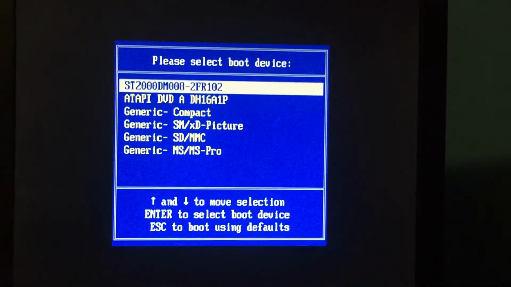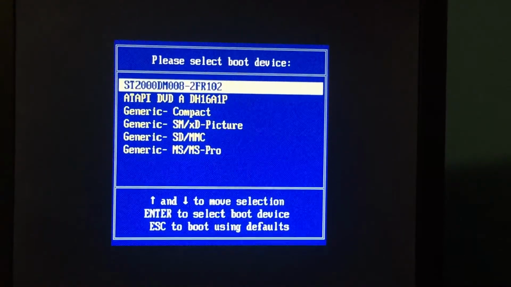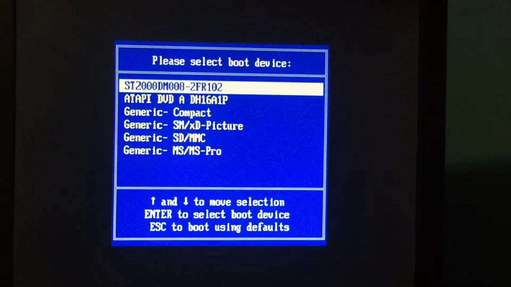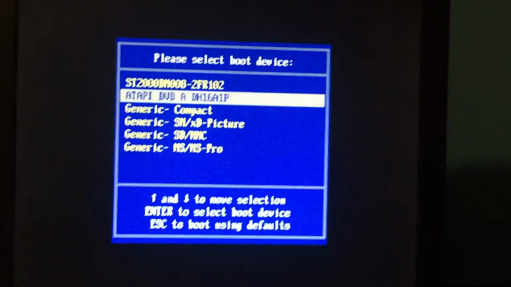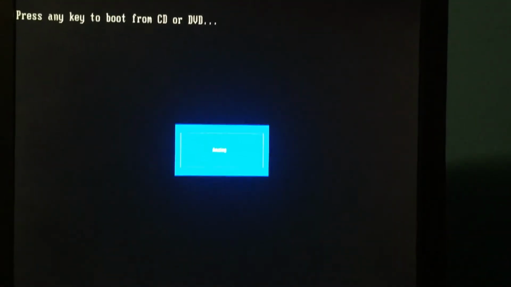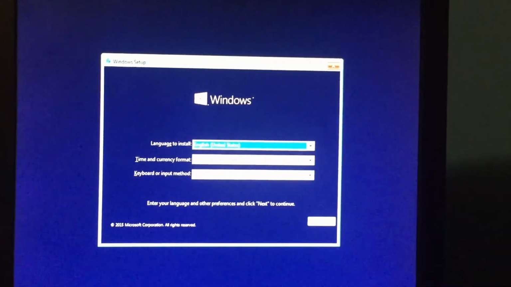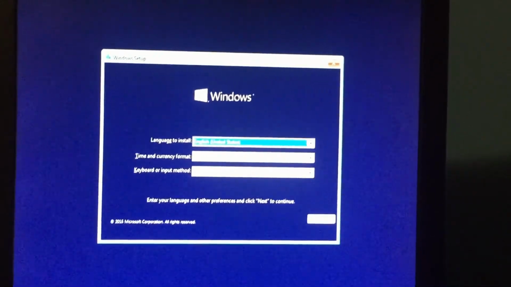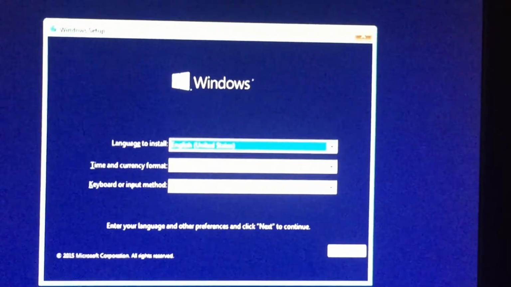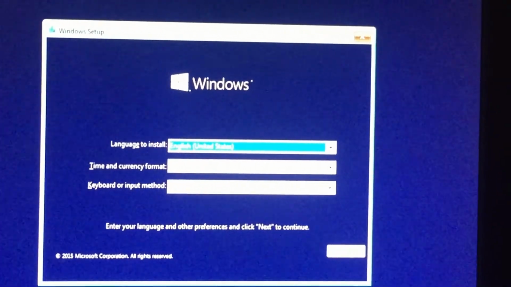So once it restarts, on my computer I press the F12 button to go to the boot menu. There I have to go to the DVD option and start it to boot from DVD. So now it's showing, once it catches the CD, it boots from the CD on my computer, and